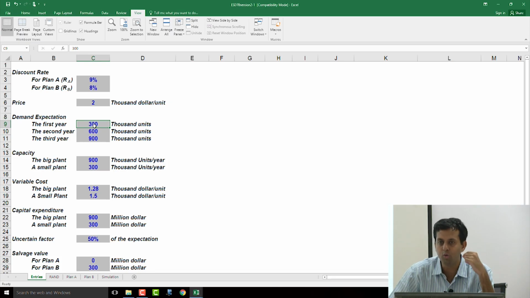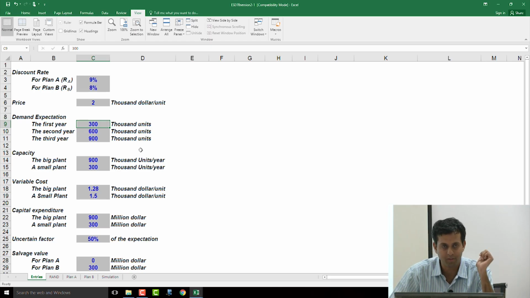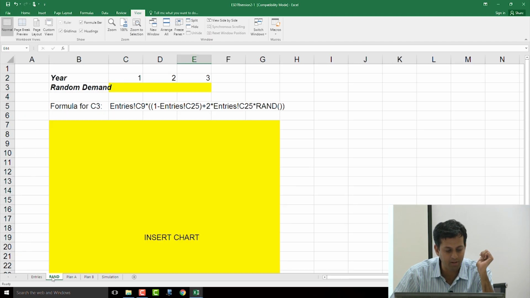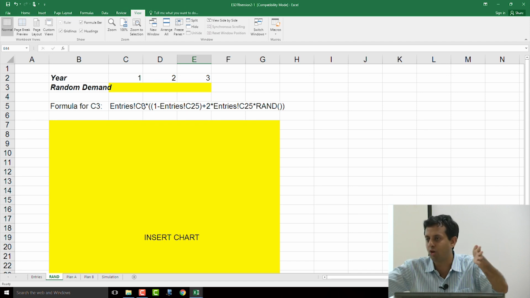Okay. So what I want to do now is, rather than just taking 300, 600, 900, I want to randomly generate a demand within those bounds. And the formula for doing that is quite simple. The way you interpret that formula is you take the lower bound. Say for year 1, the lower bound was 150, right? So we said the demand could be anywhere between 150 and 450. So you take 150 as one parameter, then you take the difference or your band, which is 300,